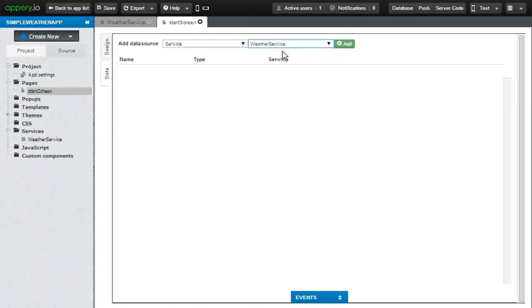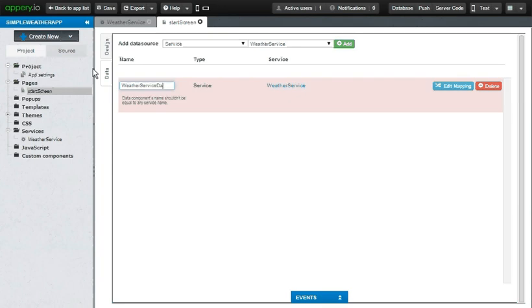Just select that weather service and say add. This data source will also require a name. Let's name it weather service data source, right? So weather service data source is the data source, and weather service is the actual service, which is a wrapper over the REST service.